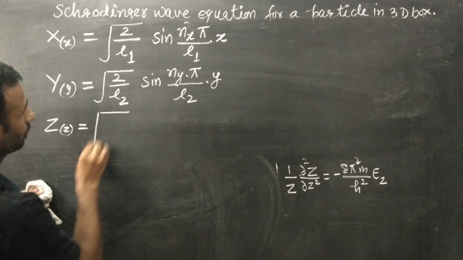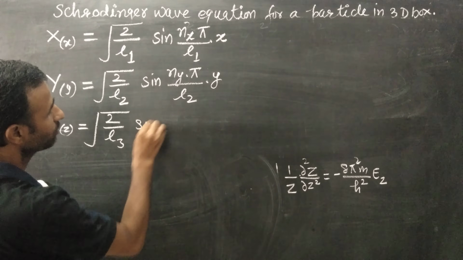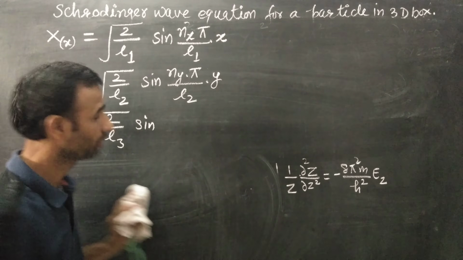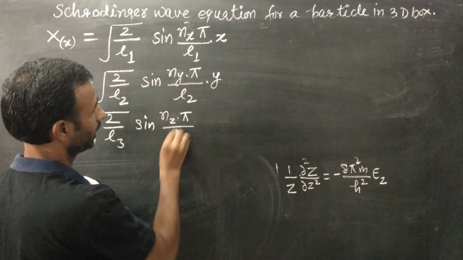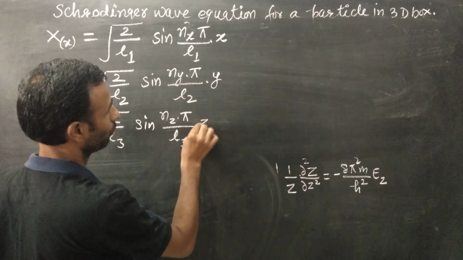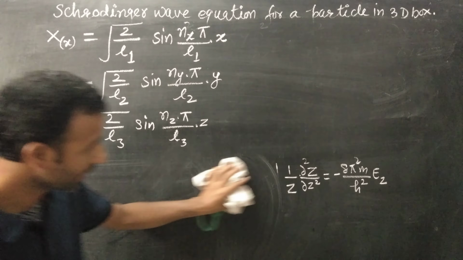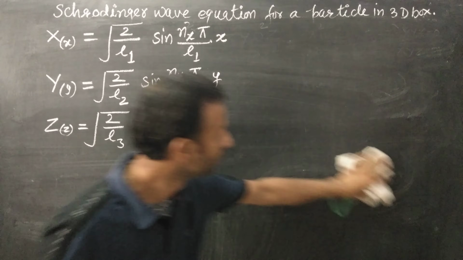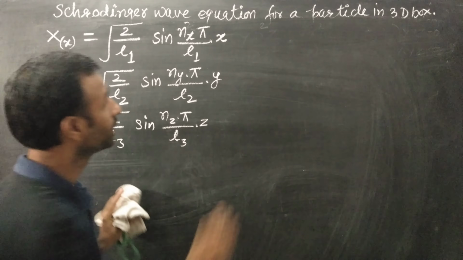This is equal to under root 2 by L3. How does it come? You can go through the equation for the 1D box, okay? In that we have derived this equation. How do we get this? Then